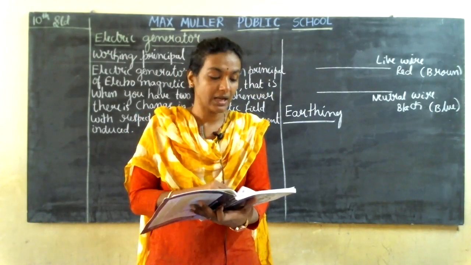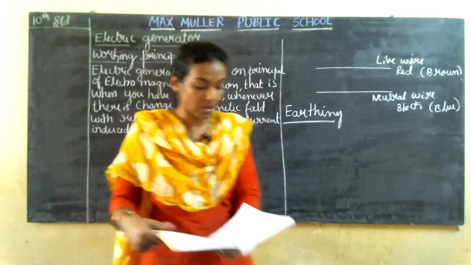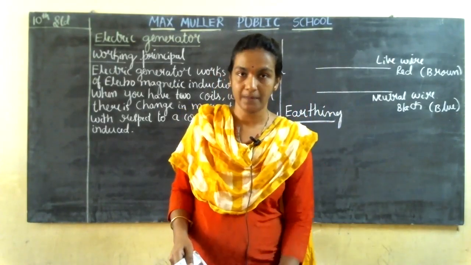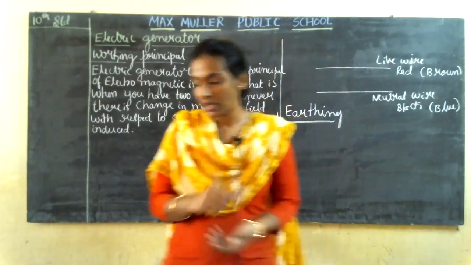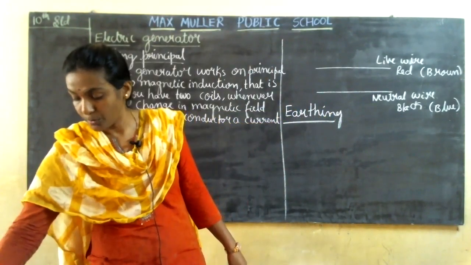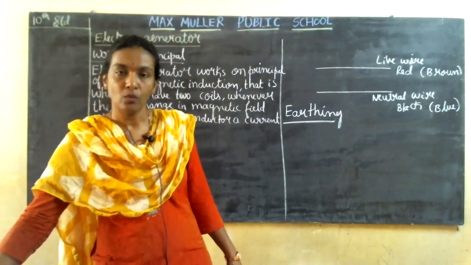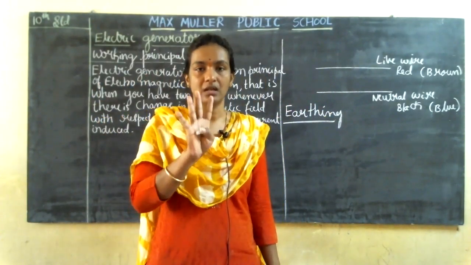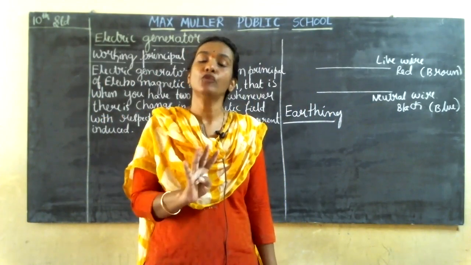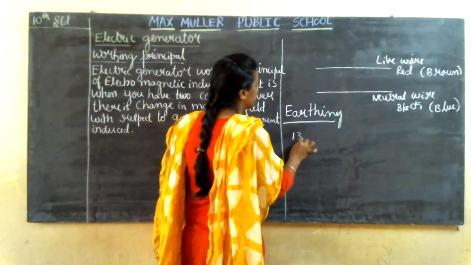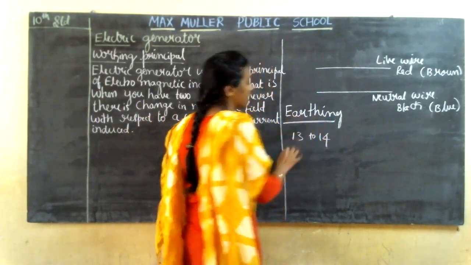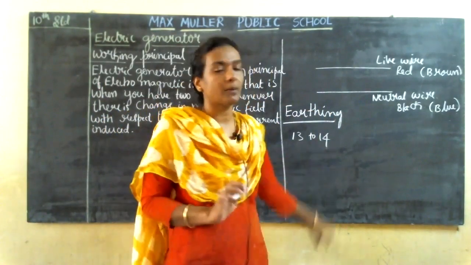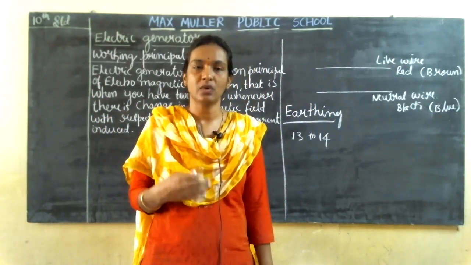Okay, what you need to do, guys, here. Yeah, this is what I wanted to tell you. This completes your this year's physics portion. So let us come to our exam pattern and portion. We all know that. This year we are going to write only 40 marks for science, right? In 40 marks you have only 13 to 14 marks from physics. All the objective questions you are getting there.